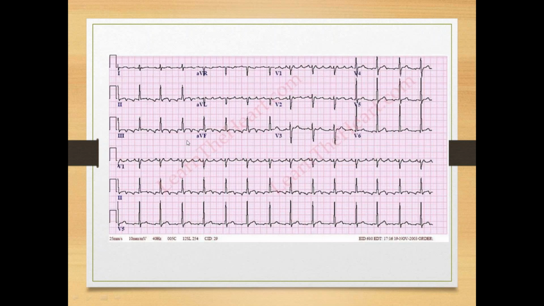So here you can see tachycardia and you can see a 2:1 conduction, 2 P waves and then a QRS, 2 P waves, then a QRS. So the P waves or the F waves are giving a sawtooth kind of an appearance. This ECG at one look gives a sawtooth kind of an appearance.